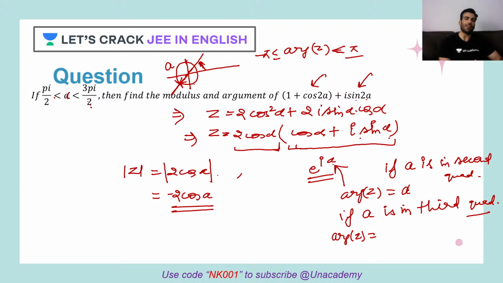So how to write this angle? Tell me guys, how would you prefer writing this angle? Any suggestion? Okay, so one way you can write it: as you know, this is going to be in the third quadrant, right? But you have to make sure that the argument remains between minus pi to pi. Okay, so if you want to measure it, let's say clockwise, how would you measure it?